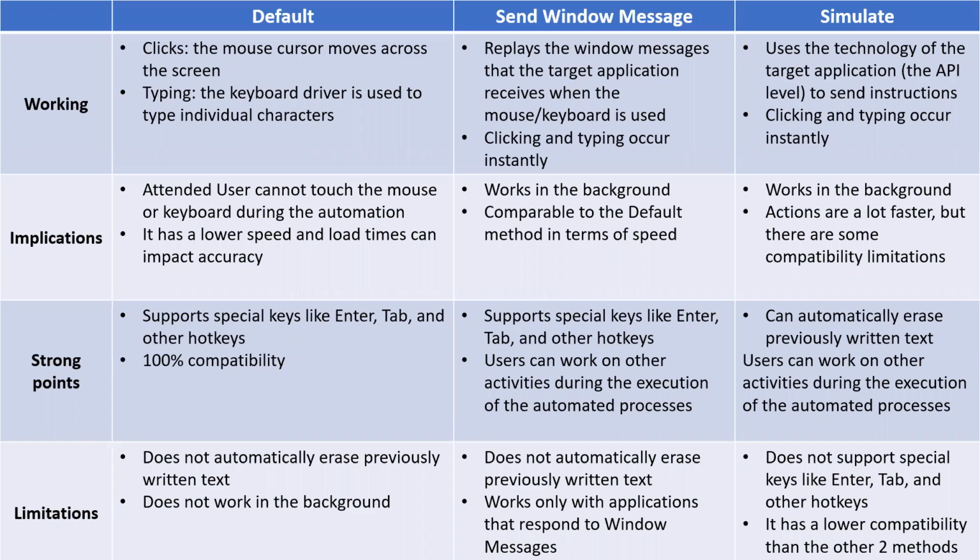First is default. Second is send window message. And the third is simulate. These are the three input methods that we have. And also,